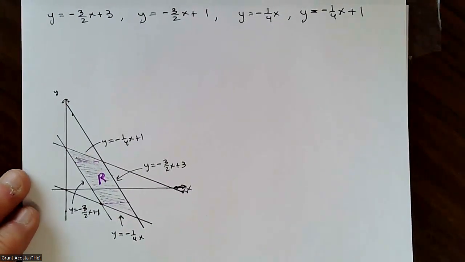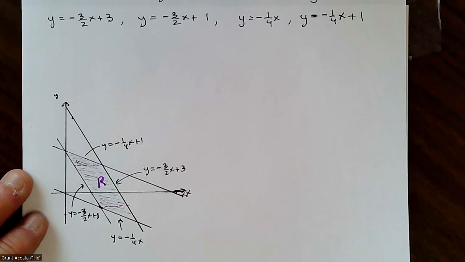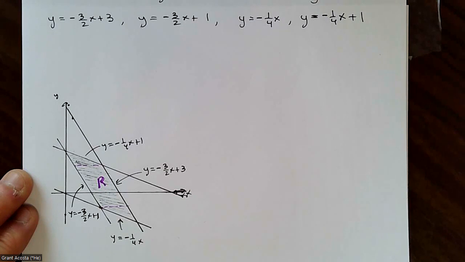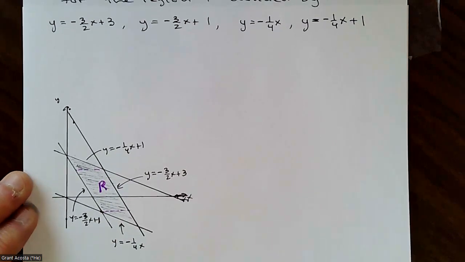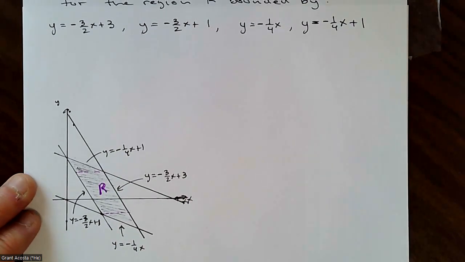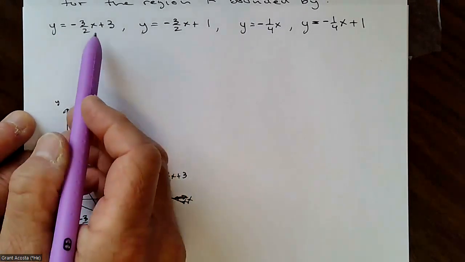And so a nice thing to think about when sometimes the way these Jacobian problems are set up is you'll have an awkward area like this. But the key thing is noticing that the top and lower bounds are bounded by similar functions, parallel lines in this case, same thing with the right bounds. And knowing that our substitutions usually involve letting u equal something x and something y, same thing for v,